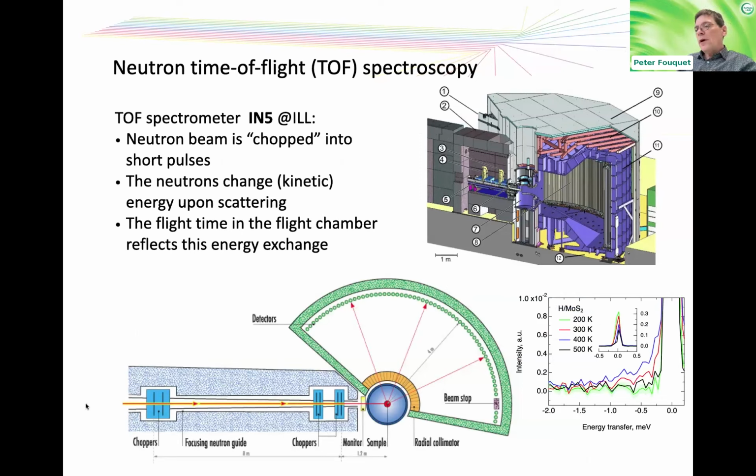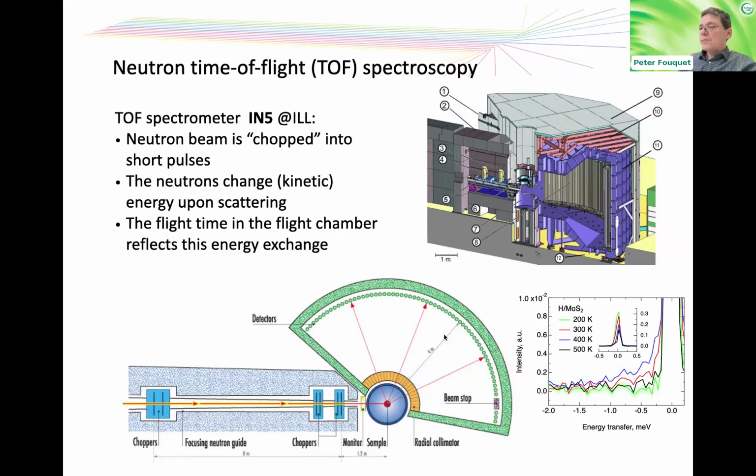In that spectroscopy, you have a white beam of cold neutrons that come from a liquid hydrogen source close to the reactor, and then this beam is chopped into little pulses with so-called chopper disks, which are blades with holes in them. And they cut this neutron beam into pulses that fly through the instrument, hit the sample, and then you have a detection of the signal at the